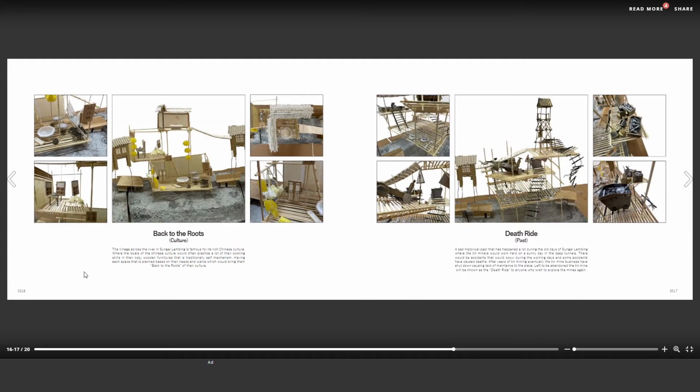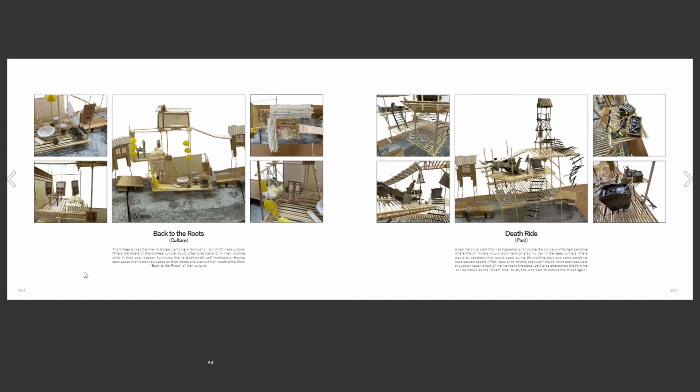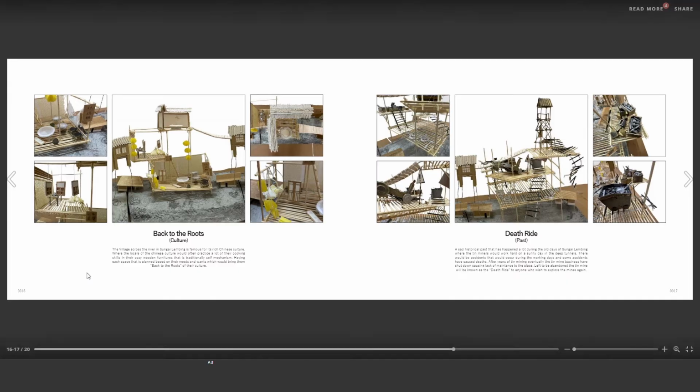The village across the river in Sungai Lembing is famous for its rich Chinese culture, where the locals often practice their cooking skills in their cozy wooden furniture that is traditionally self-made, with each space planned based on their needs and wants, which brings them back to the roots of their culture. So here is the death ride from the past, a sad historical past